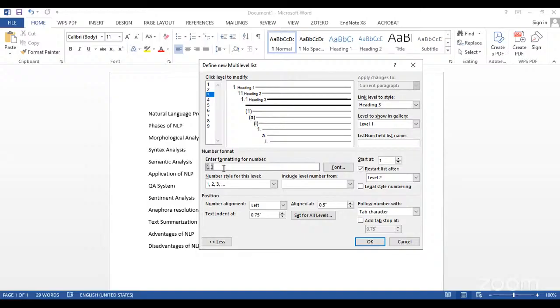After that, what we have to do, come back with your cursor to the formatting number, then put a dot again. After that, select level 1 from the include level number from. Okay, and put a dot here.